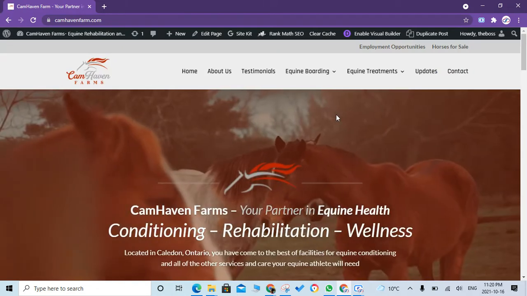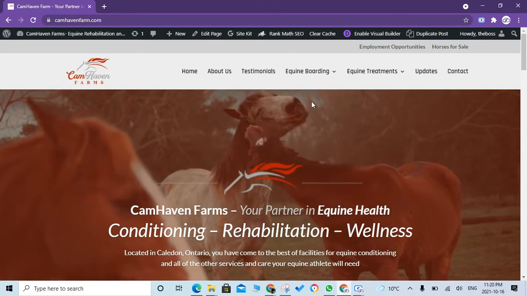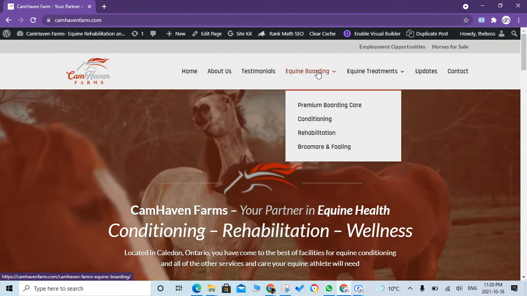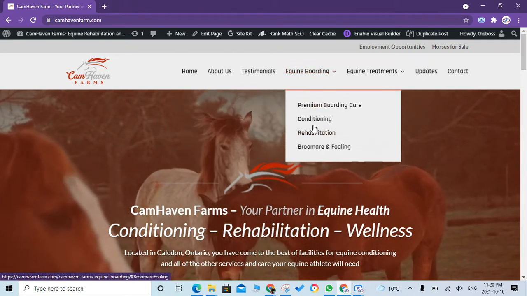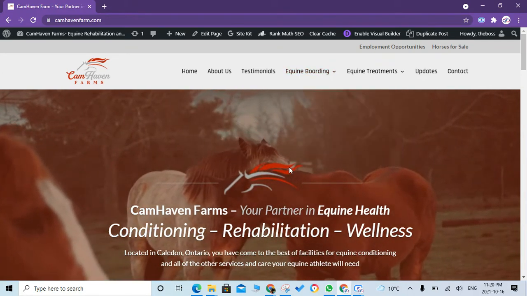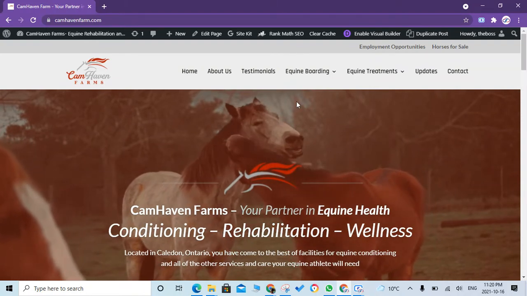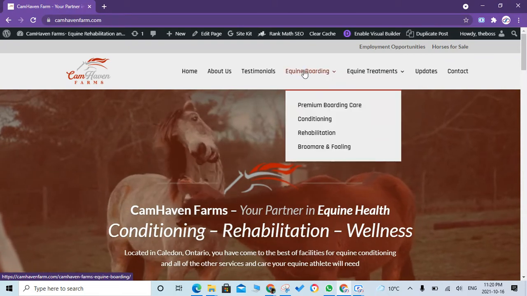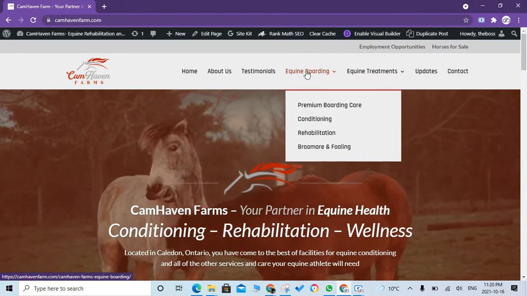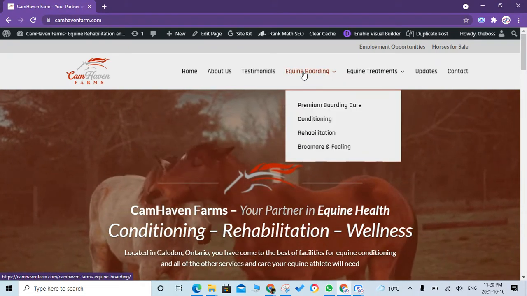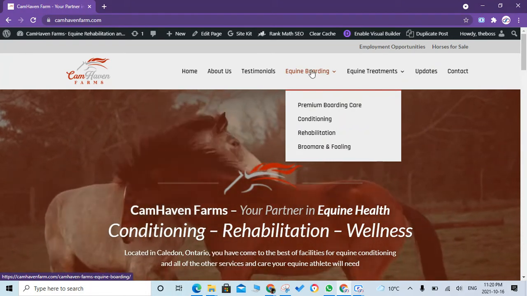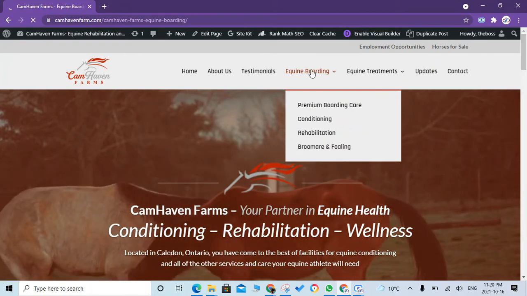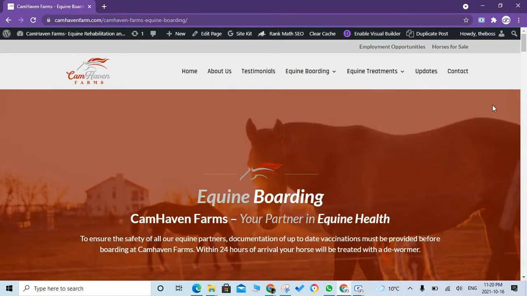Alright, so we want to know what we're doing here. We want to go to the equine boarding page and change some of the pictures. To do that, before you enable Visual Builder, you want to go to the page where you want to make changes. So in our case, we'll go to the equine boarding. So click on that. Now we're on the equine boarding page,